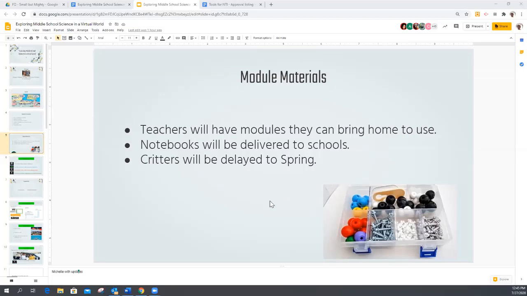So principals were actually asked, because we know DCs weren't allowed in the buildings for different amounts of time, they may or may not have had the ability to go and pick those modules up out of classrooms. So we asked principals to spearhead that and ask their plant operators to assist. So hopefully all of the modules within your buildings are in some generalized area that we will be able to go pick up.